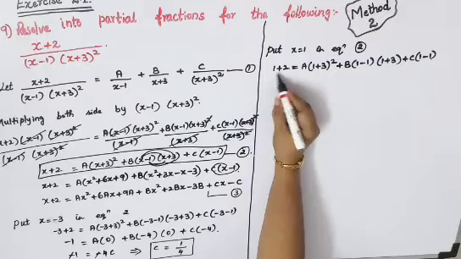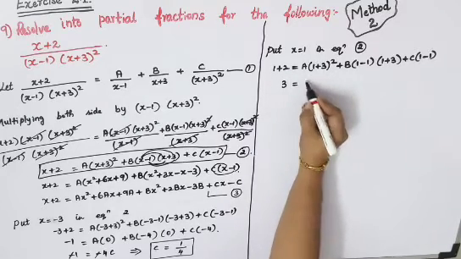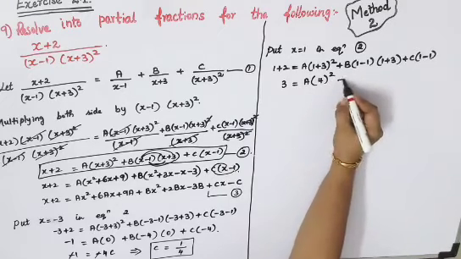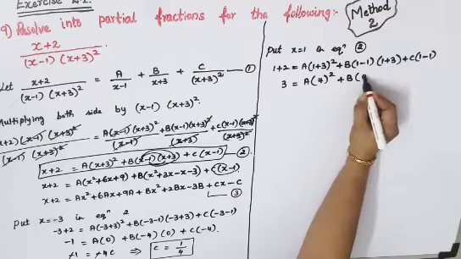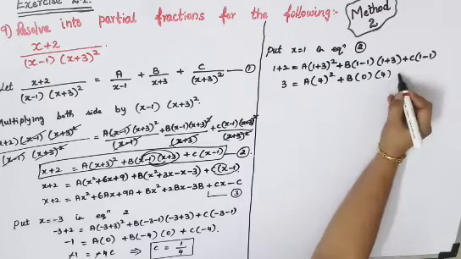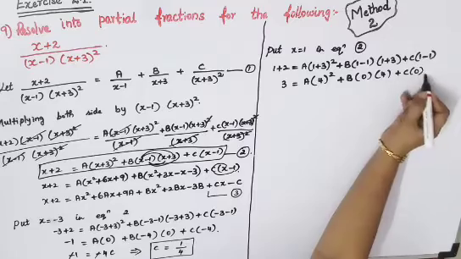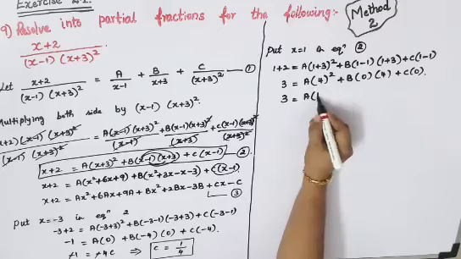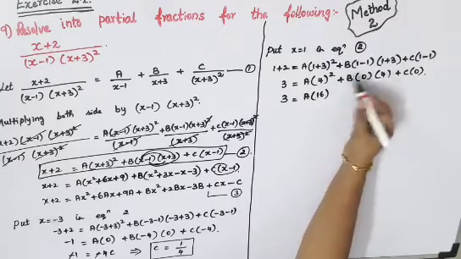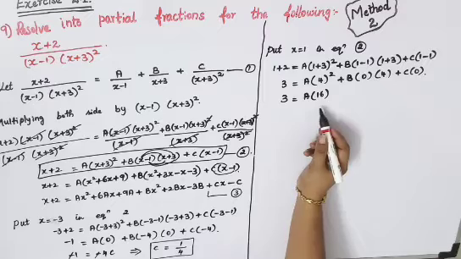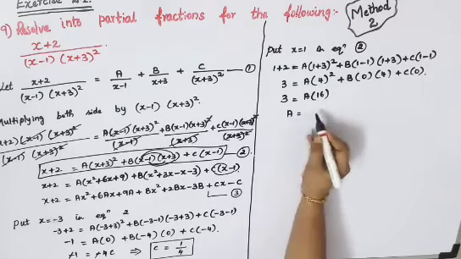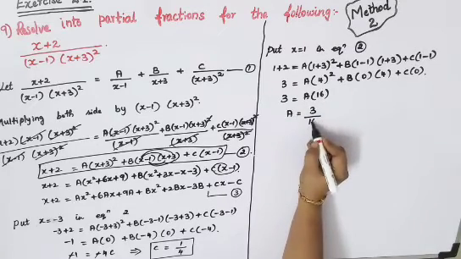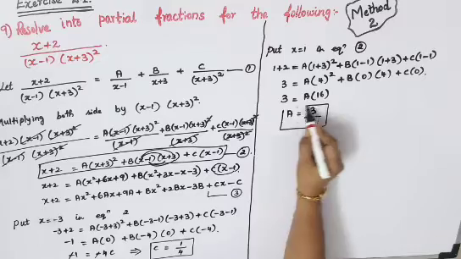So next step of solving is 1 plus 2 it will become 3, that is equal to a into 1 plus 3, 4 square is there, plus b into, this will become 0, this will become 4, plus c into, again 0. So 3 is equal to a into 4 square is 16. Your b part will become 0 and c also will become 0. So only a will be left out. So a is equal to 3. Take the 16 towards your left hand side, so it will come to the denominator. So your answer will be a is equal to 3 by 16.